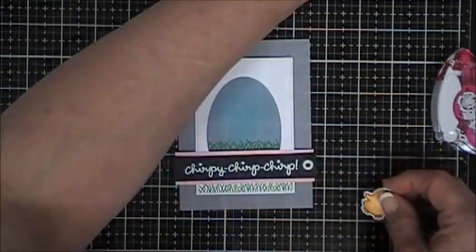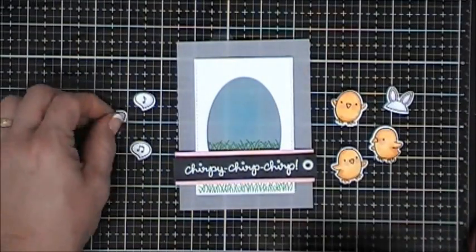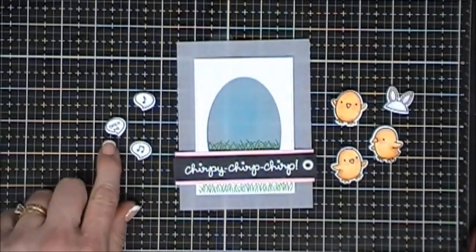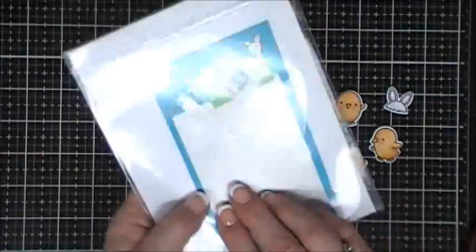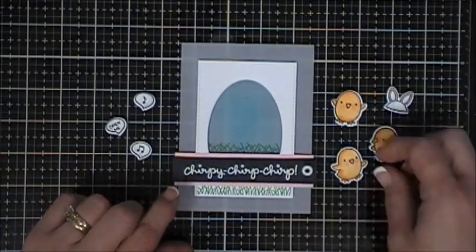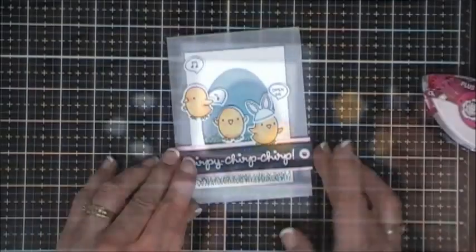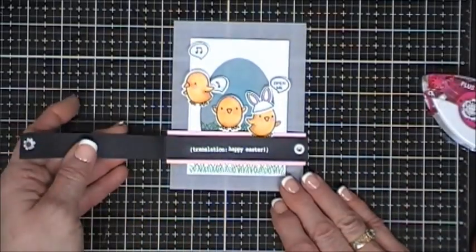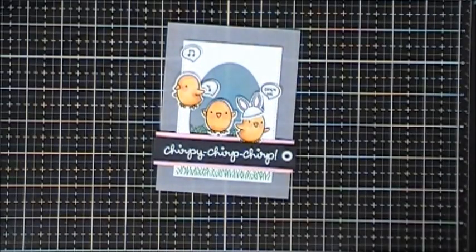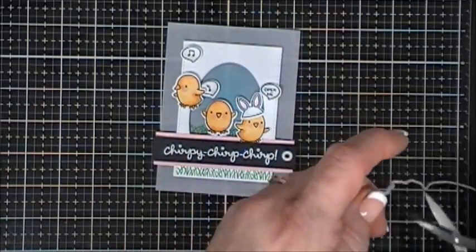Okay, now we're going to add all of our little chickies. They're so cute. For that one last little thought bubble, I grabbed a stamp set from Lawn Fawn. It's called the Push Here stamp set. It's an interactive stamp set. So I thought I wanted my recipient to know that they can open up the Chirpity Chirp Chirp, so I added that. It fit perfect inside the little speech bubble. It says open me. So I stamped that, die cut it, added all of my elements, kind of arranged a little scene,